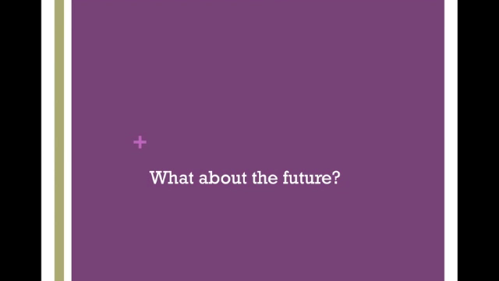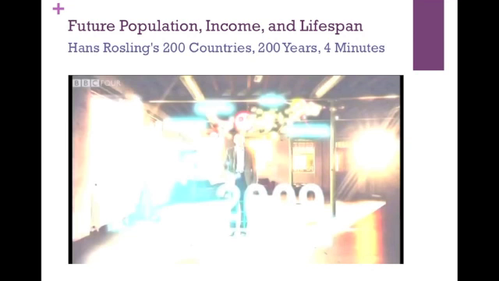So now that we have discussed a little on what overpopulation is and what has been done about it in the past, I wanted to talk to you about what our population might look like in the future. First, to give you a better idea, I found a video by Hans Rosling that illustrates a graph over time comparing population, income, and lifespan. Although income may not translate precisely into an increase in resource use and pollution, the correlation between the two has shown to be very strong.